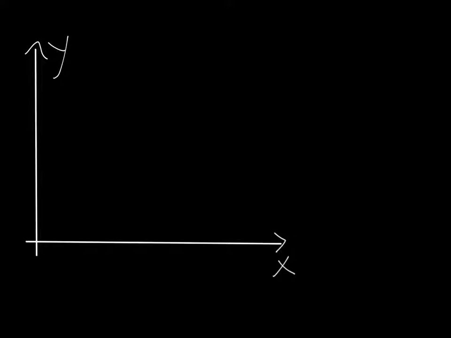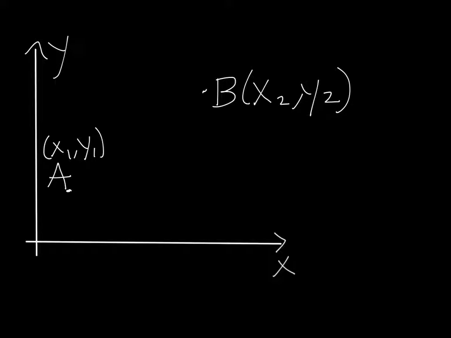Now what I really would like to do is to find the gradient of the straight line that connects any 2 points. Let's just say A and B. And let's say A is the point x1, y1, and B is the point x2, y2, and we have a straight line joining the two. Well, we can see that this line has a positive gradient because it increases from left to right,